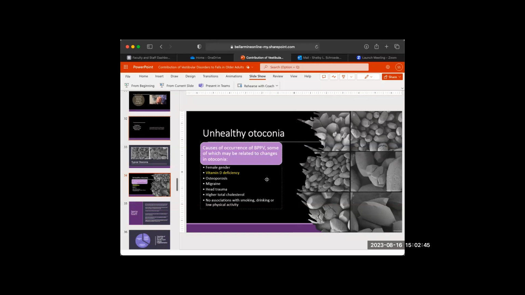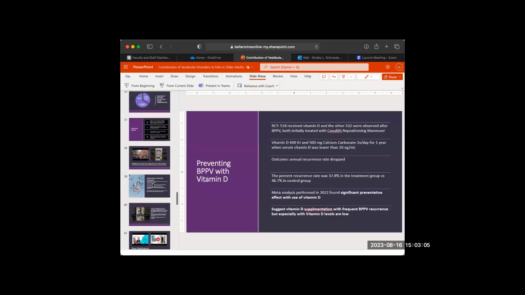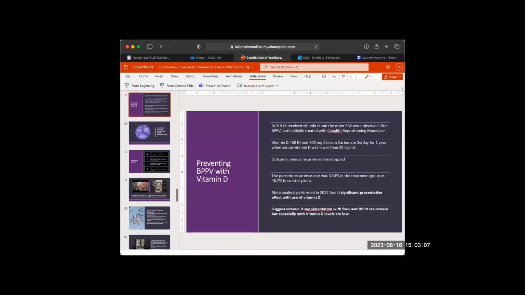Something else I want to mention. These otoconia are the width of a spider web strand. So they're teeny, teeny, tiny. The whole inner ear fits on a dime. So we're talking a very small scale, but they can really cause some major issues, even being so small.